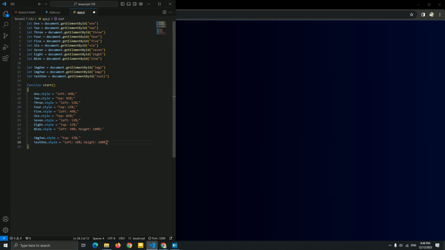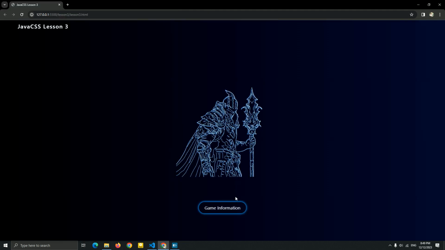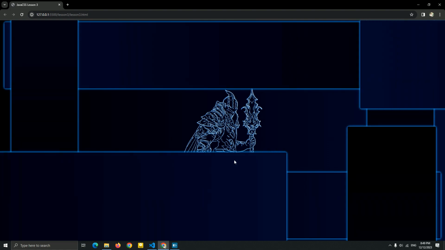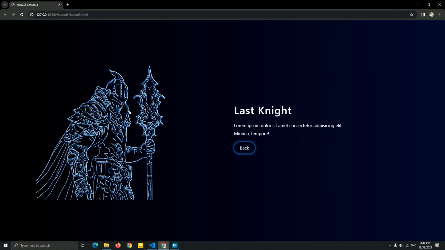I'm gonna add opacity 1. And just like I said, this JavaScript and CSS is very simple, but you need to think about what you need for this animation to get a nice and perfect animation for your website. So let me just show you now. And you can see we get this of this image.